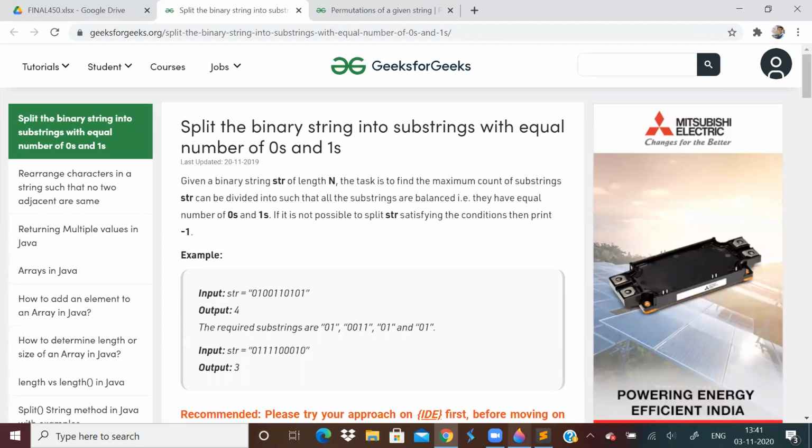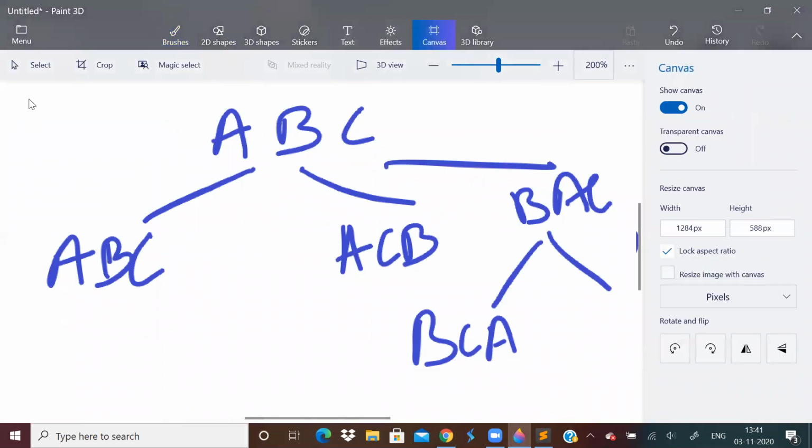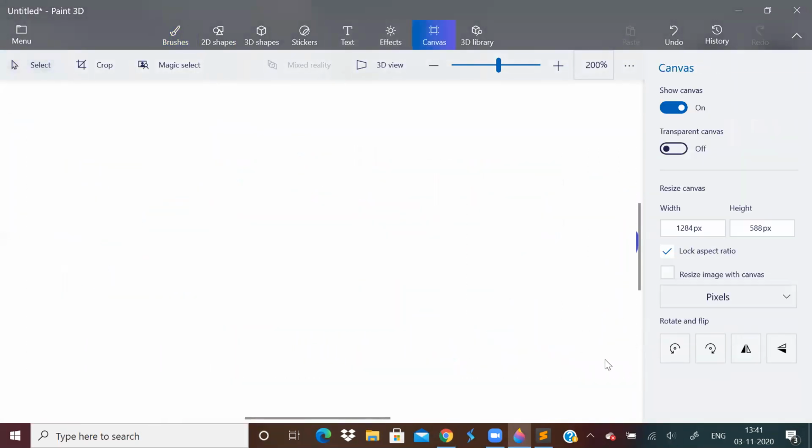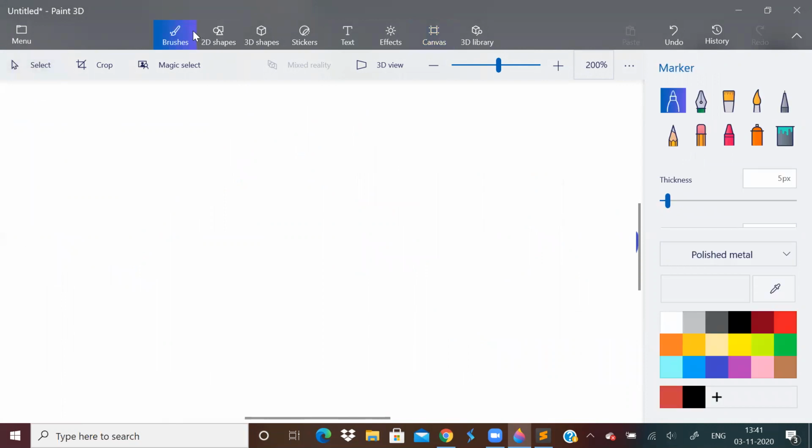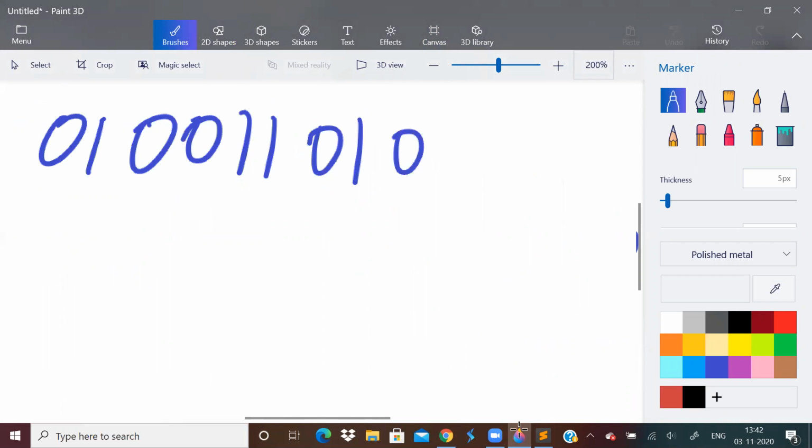Let me explain what I said with a test case. If the test case is 0, 1, 0, 0, 1, 1, 0, 0, 1, 1, 0, 1, 0, 1. Keep two variables, count of zeros and count of ones.